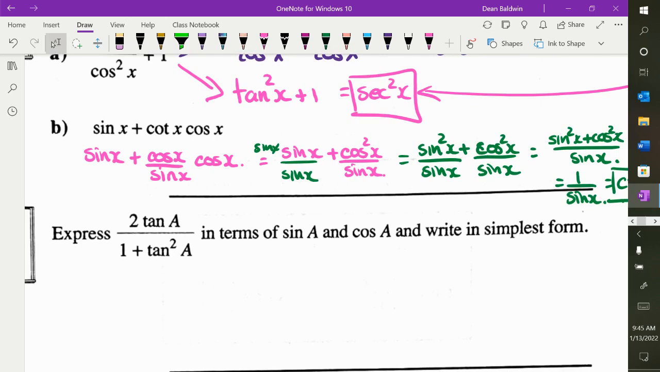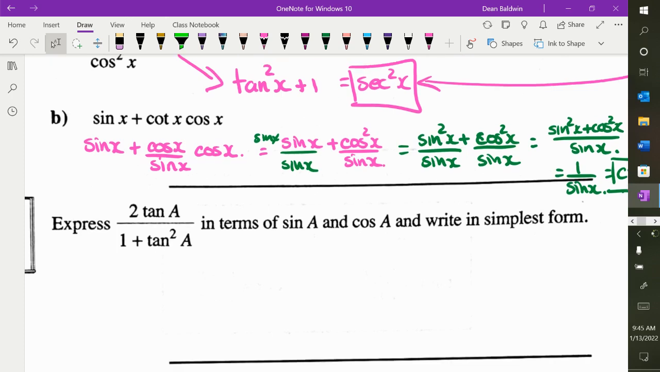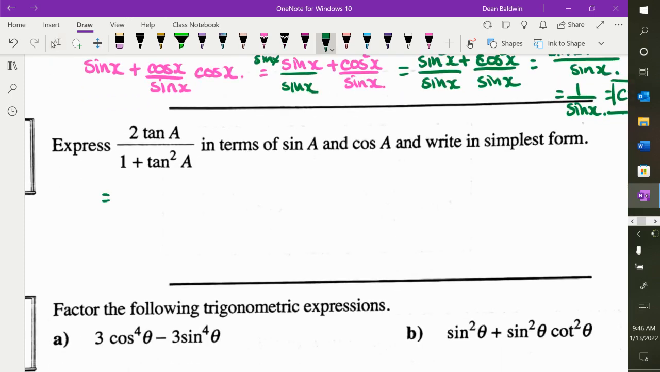Okay, next one. What do you want to do? What do you want to do with the bottom one? Yes, if you see a trig function that is squared with a plus or a minus 1, go to your formula sheet and look at your Pythagorean identities. What does 1 plus tan squared equal? Secant squared. So now this becomes